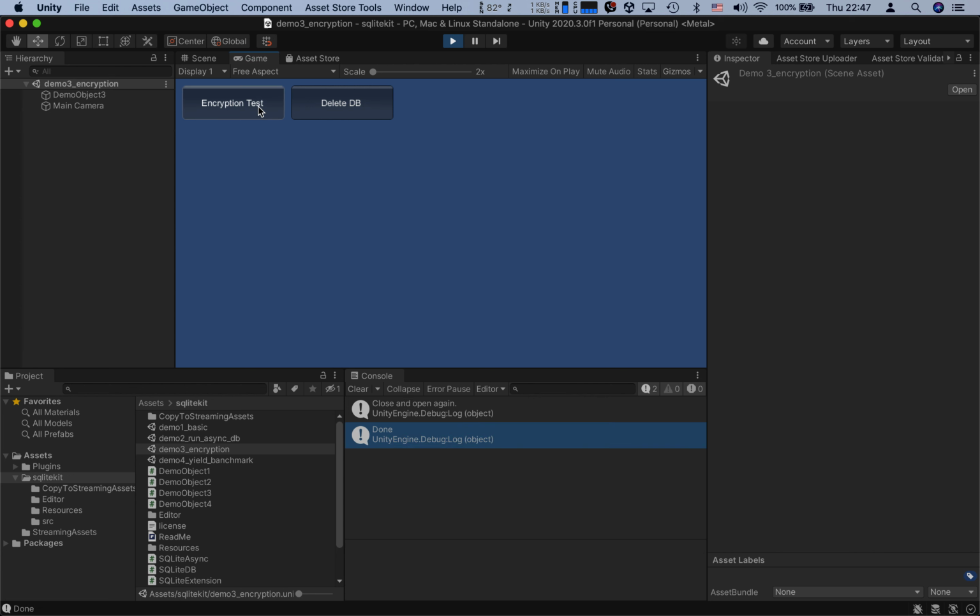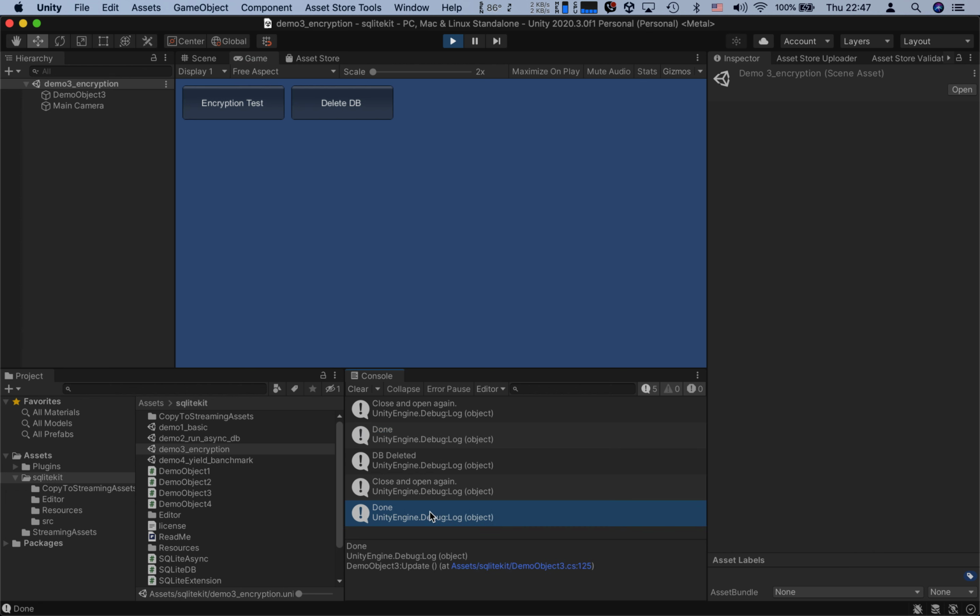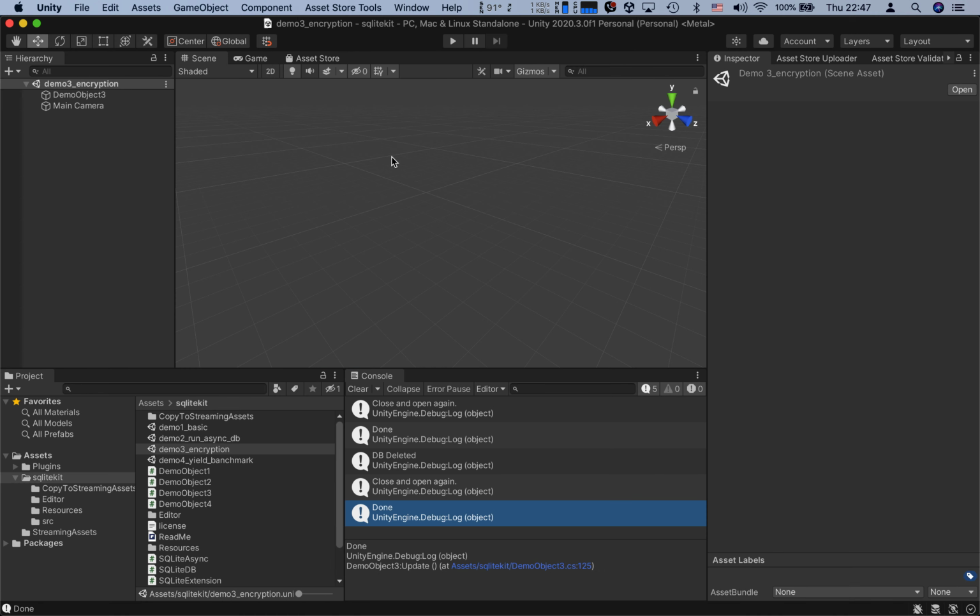It's actually report only done here. Close and open again. Encryption. Yes, this library supports encryption. It works, and many customers, because this asset has been on the market for 10 years, ask me whether it works or not. It does work,